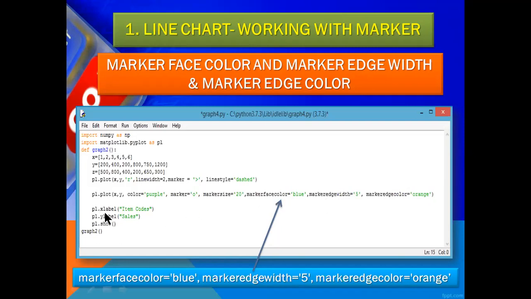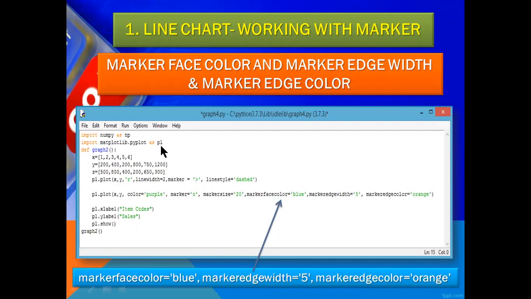And pl.xlabel and pl.ylabel: the text you want to show on the horizontal and vertical lines, you have to write with the pl name. What is pl?